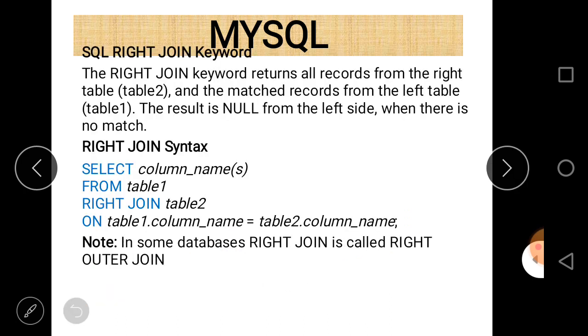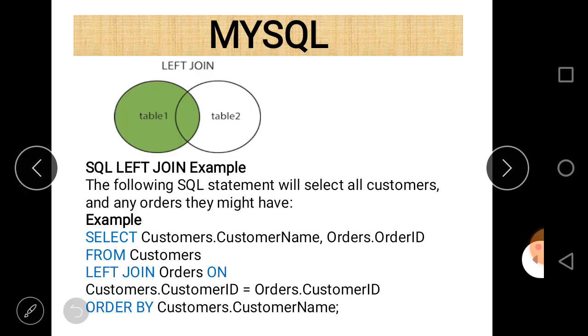For right join, we just implement the keyword right. Okay, the example is not discussed here. So the names of the tables are customers and orders, and customer id is common to both of them. So first of all write the select statement, then the names of the columns, and to put the name of the column, first write the name of the table to which it belongs, and put the dot operator between them.